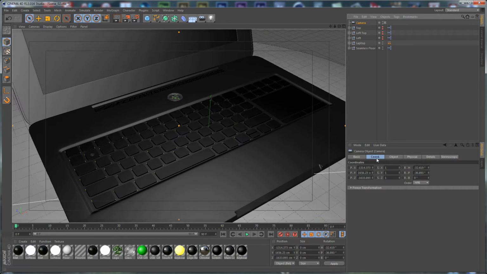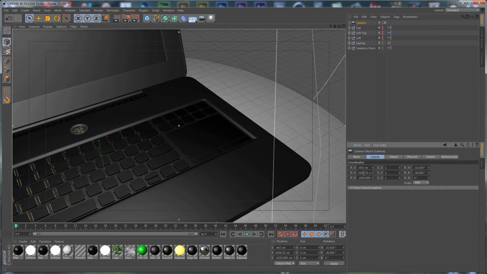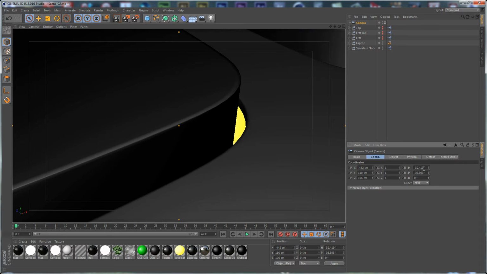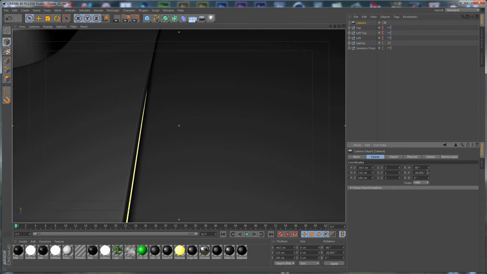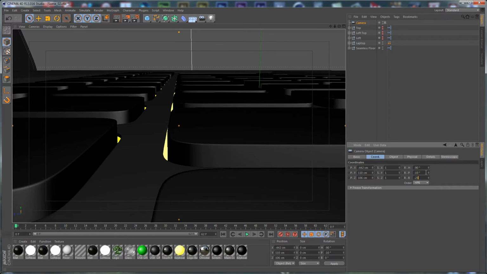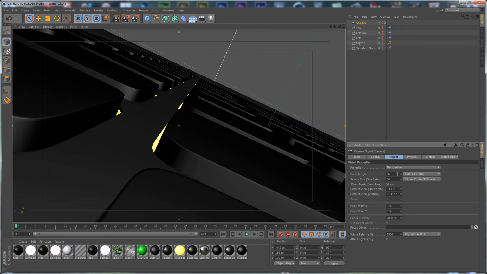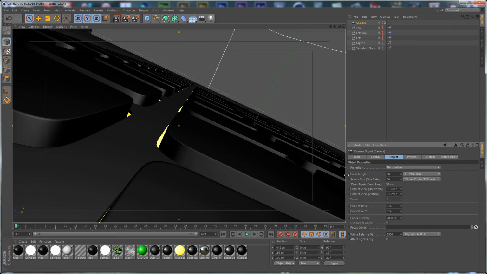Let's turn on the camera, let's go to the coordinates, and let's make the duration of our timeline 62 frames. And for the first frame of our camera, let's set this to the original position I used for the project. Like so, and we need to go to the camera settings and go to object and set the focal length to 30 millimeters for this shot,